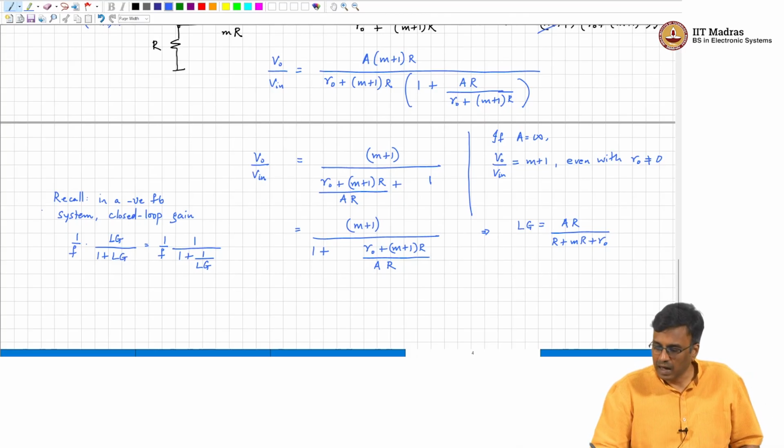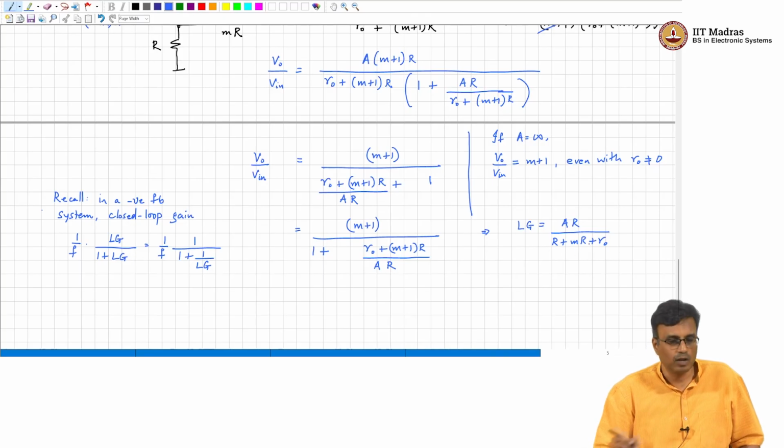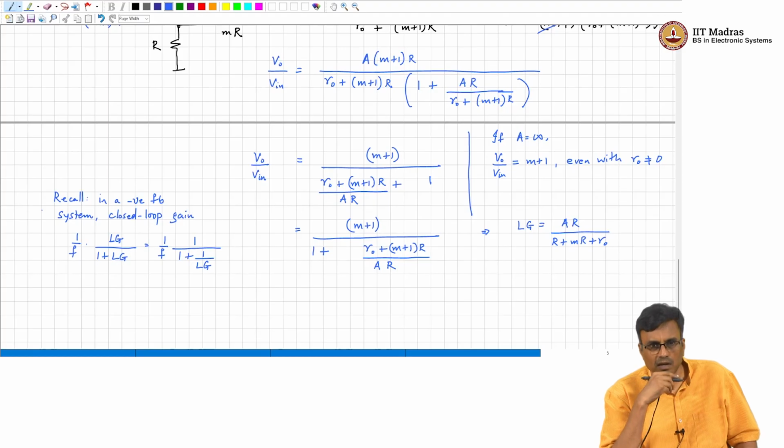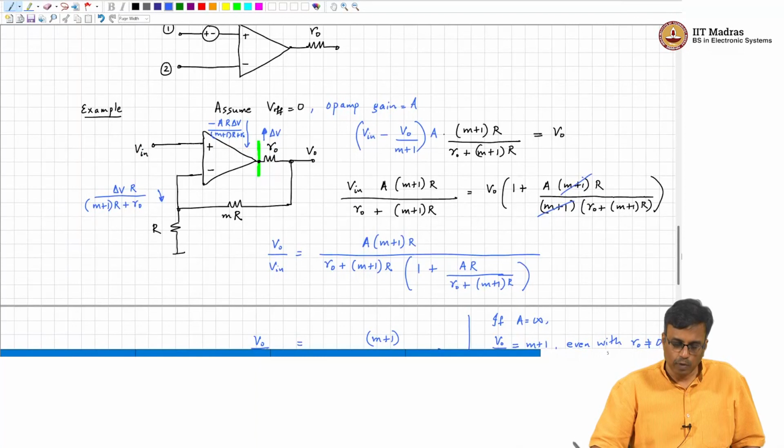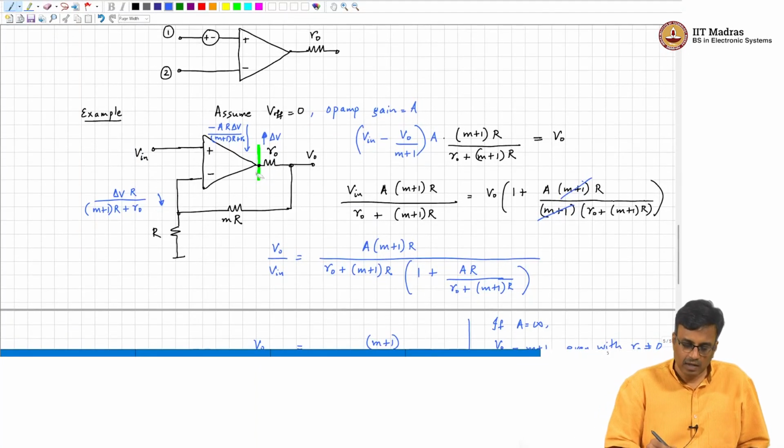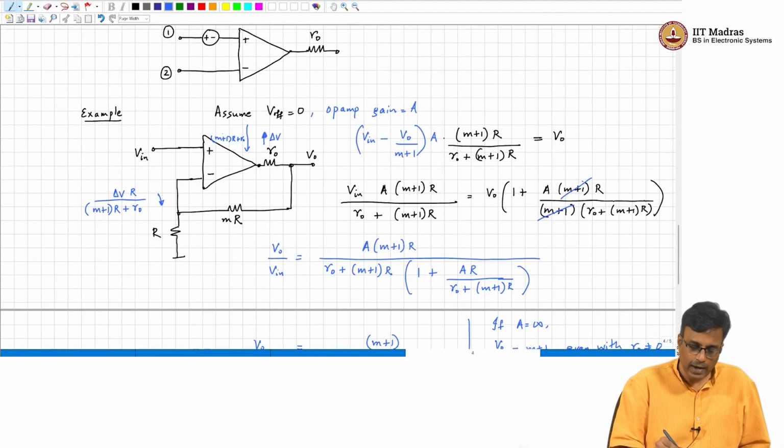Okay. So if this R is chosen to be comparable or smaller to R naught, then clearly the denominator will not remain the same, right, and therefore, you will end up with a loop gain which reduces. So, therefore,